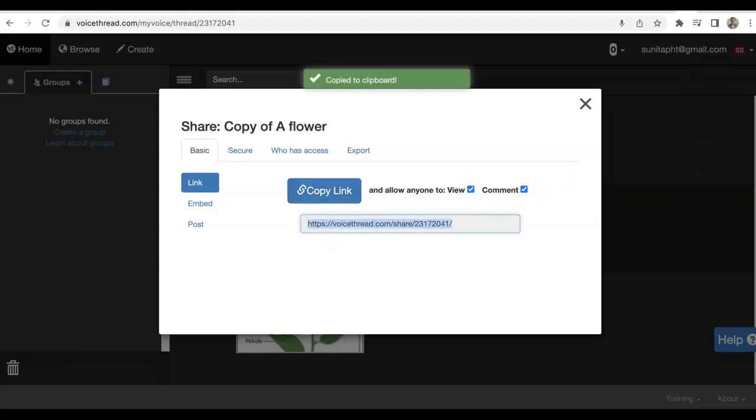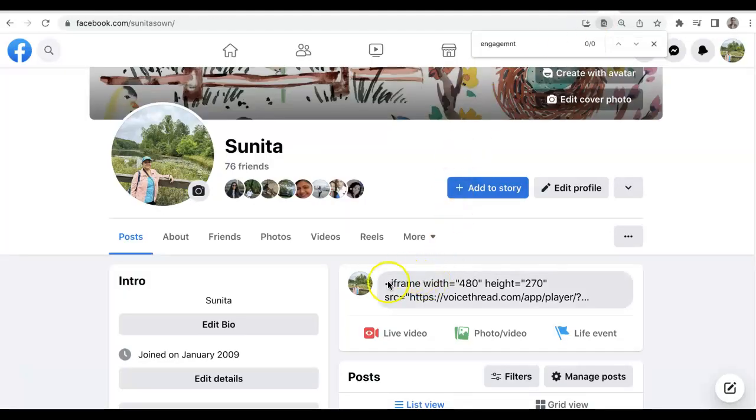I can copy the link, and I can paste the link or share the link with anyone's email, or on a Padlet where I want to show this file using the VoiceThread, or any way that you want to use the VoiceThread file. After using the link, you can save the link on